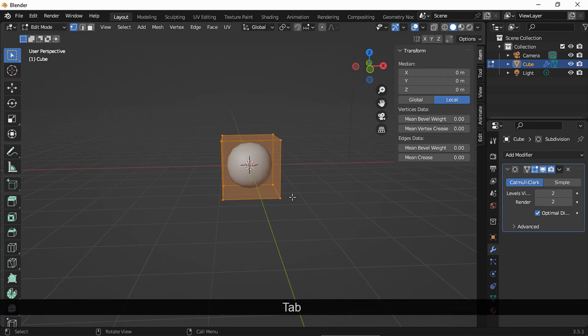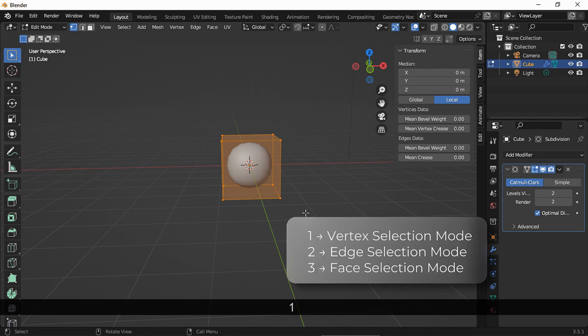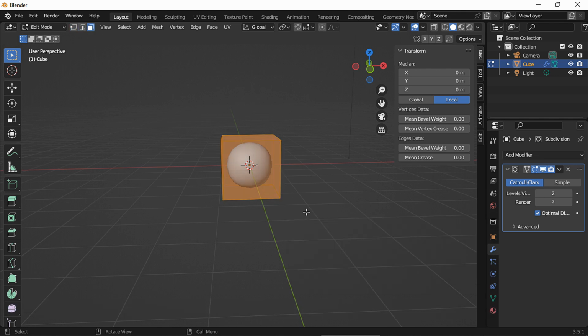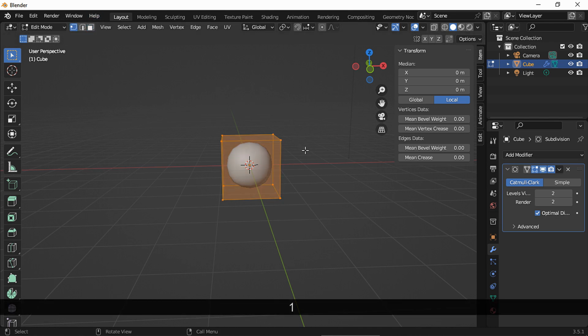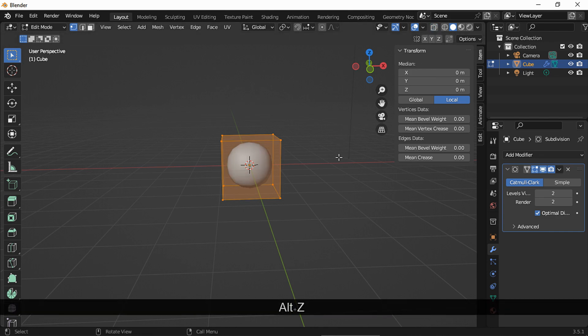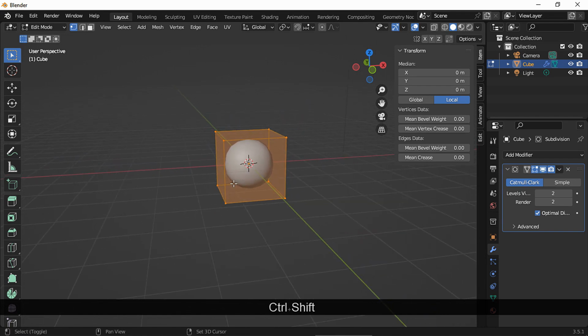Go to edit mode, and for beginners out there, there are a few keys you'll see me pressing pretty frequently. So first, the numbers 1, 2 or 3, these are the shortcuts for switching between vertex, edge and face selection mode, so pay attention to which one is enabled right here. Another shortcut that's gonna be useful is Alt-Z to enable and disable X-ray mode. So pay attention to that as well, since I won't be saying which mode I'm in all the time to avoid repeating myself too much. And then of course, the usual navigation hotkeys.